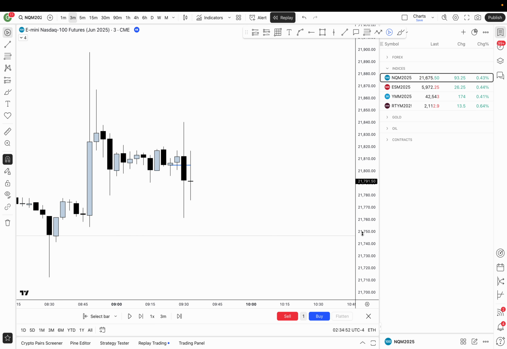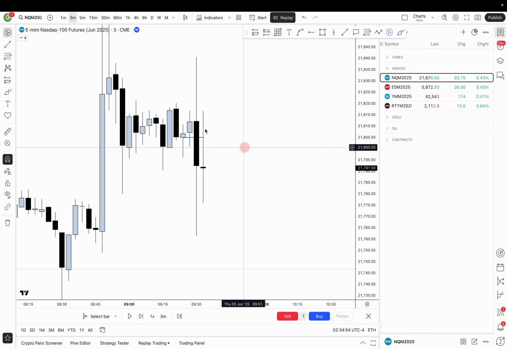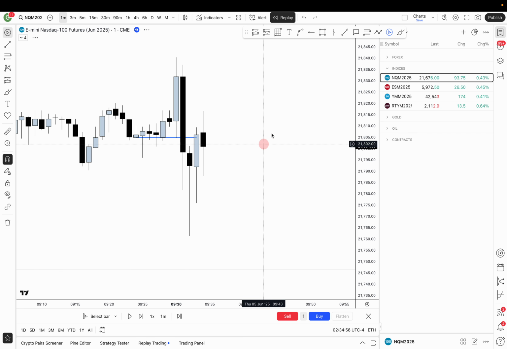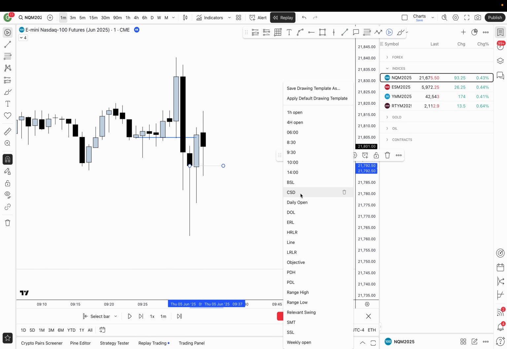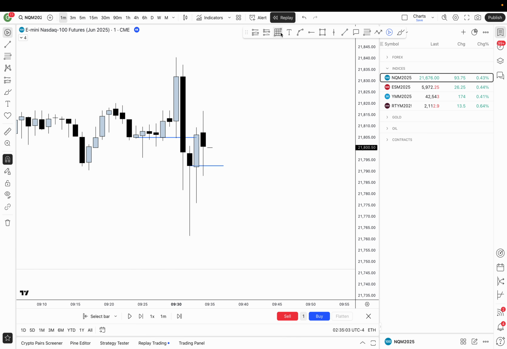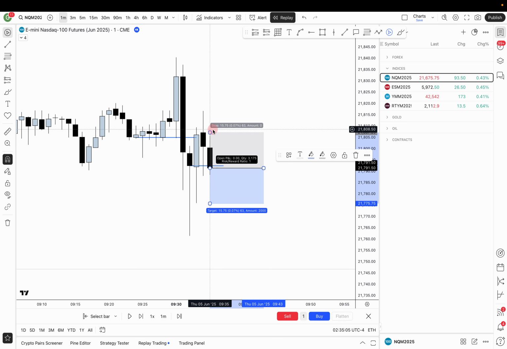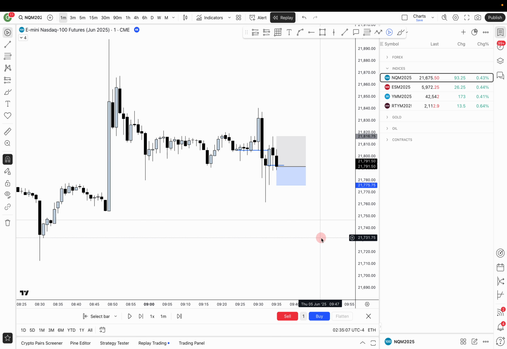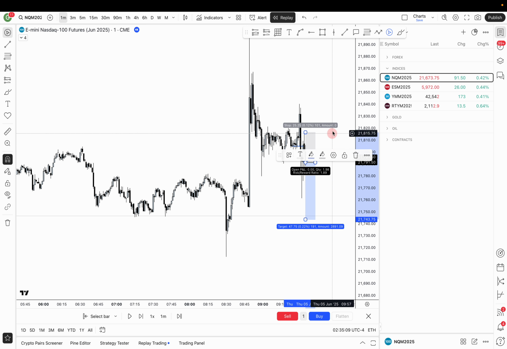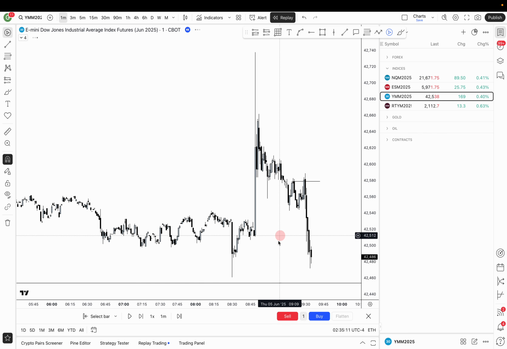I did not take this first initial CST here. I actually just waited for a little bit extra confirmation, and it's just CST on 1 minute. That's literally my trade. Nothing insane. Like I said, it's on Apex, and I typically go for low RR on Apex just because of the rules. But you're going to see as soon as YM takes out this low,